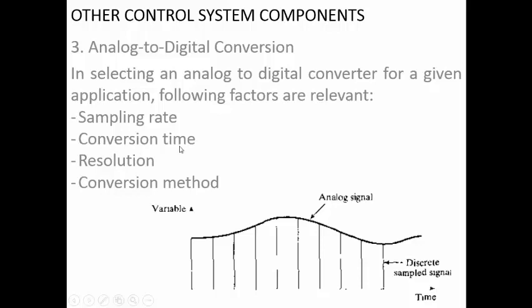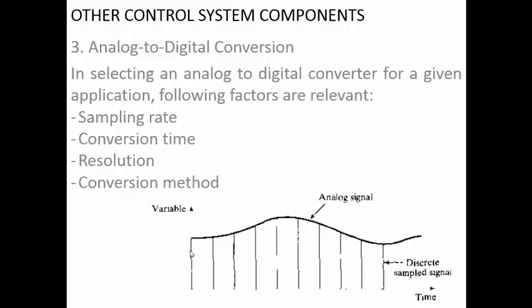Next one is the conversion time. So how much time is required to convert the measured value into a corresponding digital signal or into the binary number format. That is the conversion time. If the conversion time is very high, then the sampling rate also is going to be very high, because you have made one sampling, that information is being processed for conversion into a digital value or digital signal. The second sampling has already taken place and this signal is still processing, so there will not be proper flow of the signals.